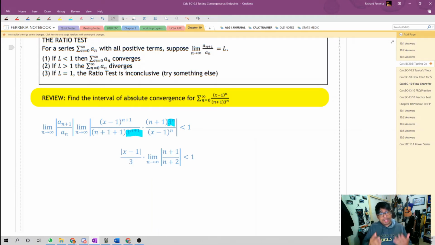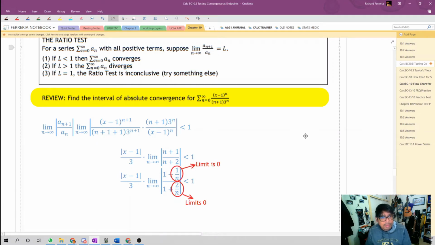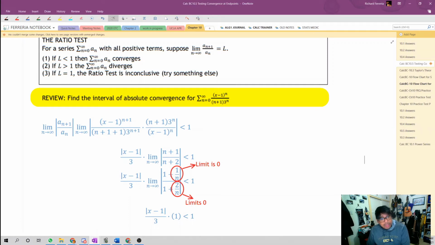That gives us the absolute value of (x minus 1) over 3 multiplied by the limit of (n plus 1) over (n plus 2). Now inside the limit, we're going to divide each piece by n, so the resulting limit is (1 plus 1 over n) over (1 plus 2 over n). Both of those go to 0: 2 over n goes to 0, 1 over n goes to 0. So the limit is the limit of 1 over 1, which is just 1,